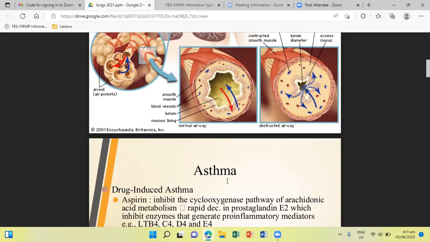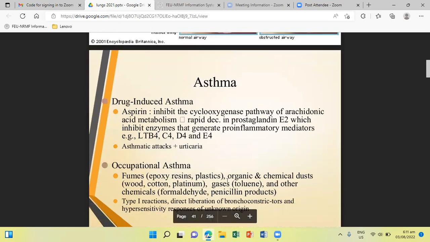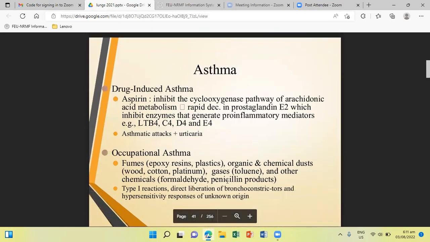So, drug-induced asthma: there are several pharmacologic agents, as you can see, that may provoke asthma. One of which is aspirin. Aspirin-sensitive asthma is an uncommon type. It occurs in individuals usually with recurrent rhinitis and nasal polyps. These individuals are exquisitely sensitive to small doses of aspirin, as well as other non-steroidal anti-inflammatory medication. They can also have urticaria as part of their manifestation.